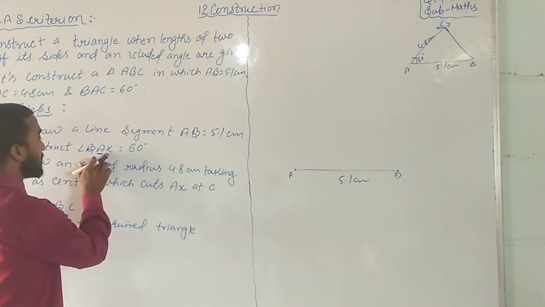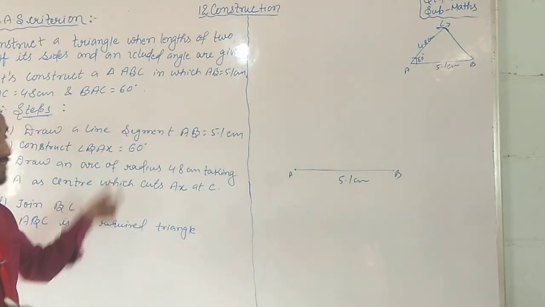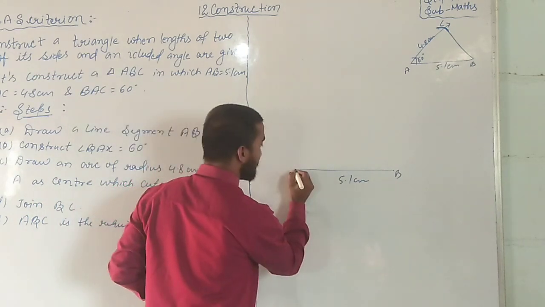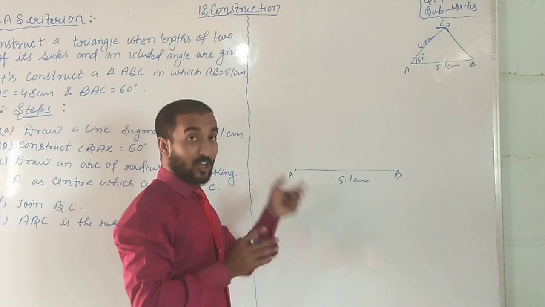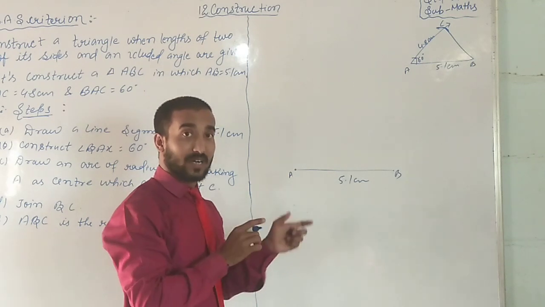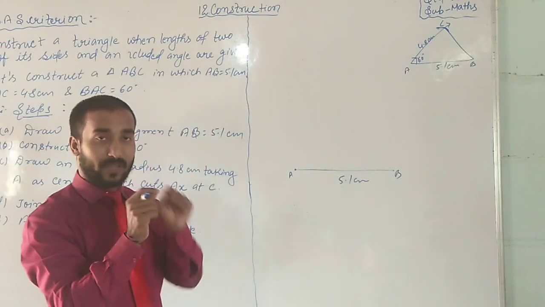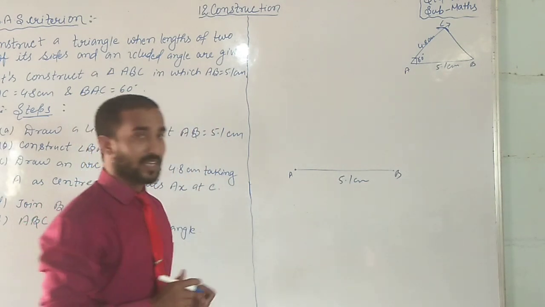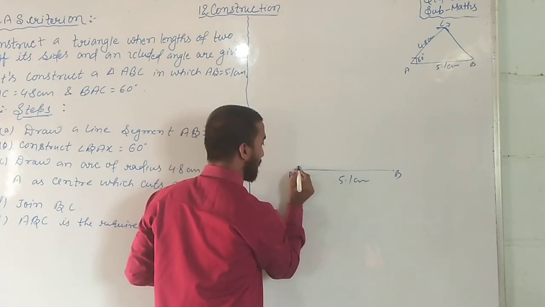Okay, students. So in the middle section, which name is given? A. So consider B as the center, and you have to draw. Now you will put the pointer of the compass here, open your compass and pencil a little bit, and now you will draw a half circle.